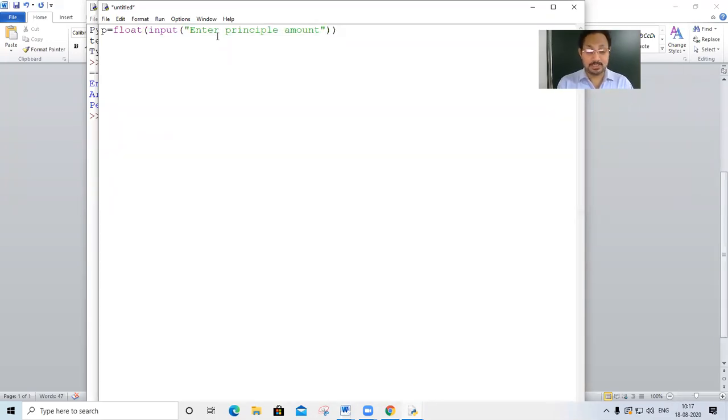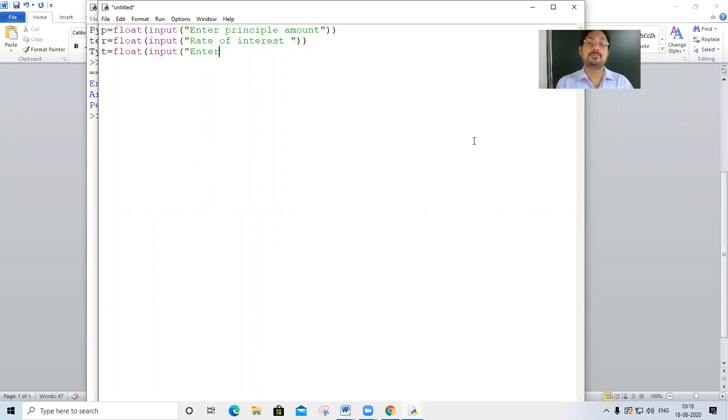Then you take R, float, input, rate of interest. Then you take T for time, that is T is equals to float, input, time period, enter.